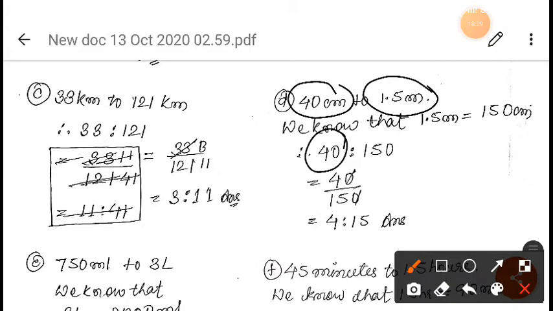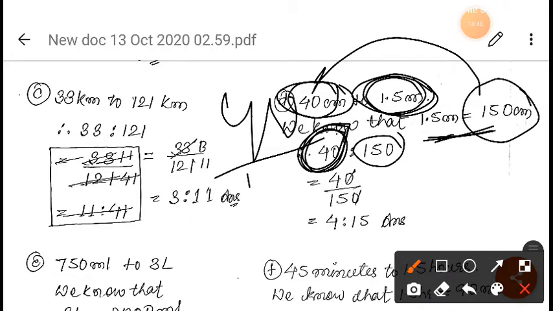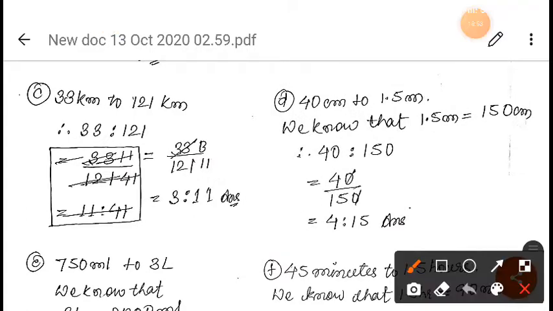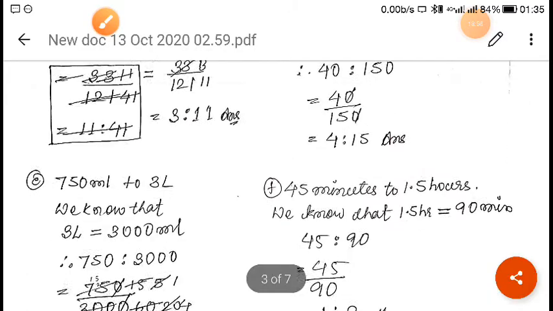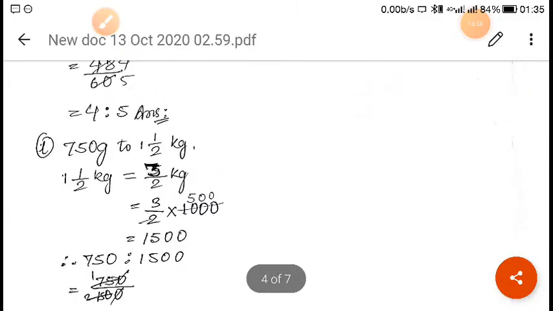Now we will compare this. We have to find out the ratio between this 40 and this 150. Again you see 40 is before, right? And 1.5 is later on, afterward it has been written. So this time also we will write 40 before and after that 150. So 40 will be written on top, after that 150, right? When you simplify this, you will get 4 is to 15, right? I hope you can do this. The rest is very easy. I hope you have got the basic idea, right?